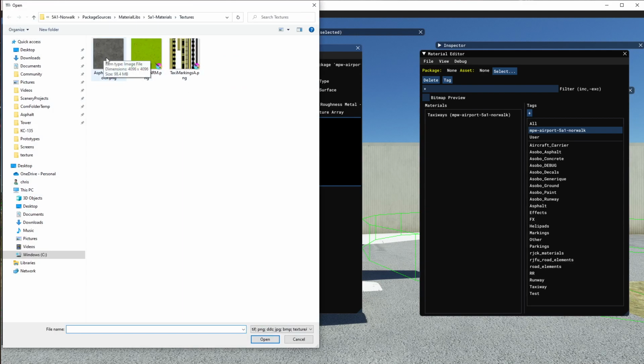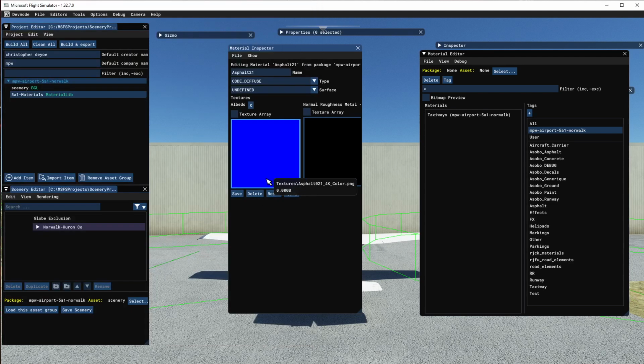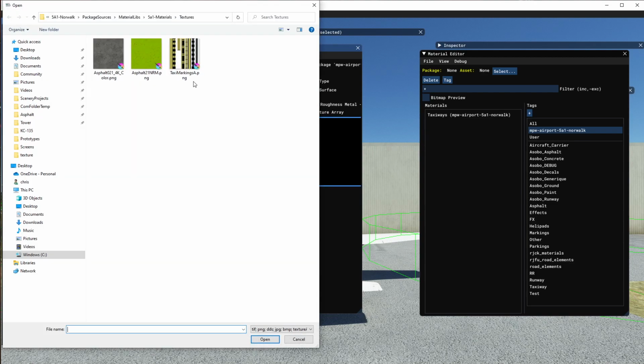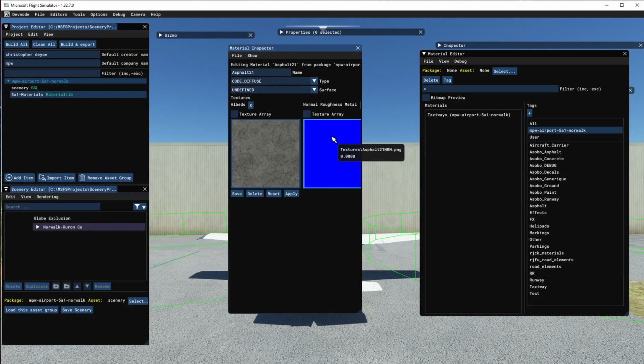We're going to choose the diffuse and open that. There it is. Now we come over here to the normal, roughness, metallic. Click inside that black box, and we're going to click our composite that has the normals, roughness, and metallic, and we're going to click open, and that should put that right here,